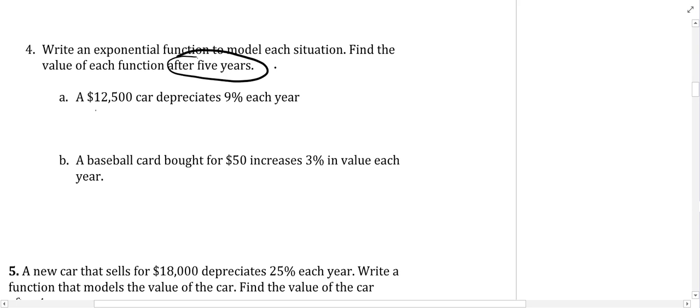Okay, so this is the initial value. So we know A equals 12,500. 9% is the rate. And if we write this as a decimal, we move the decimal place over. Okay. And we're going to be using y equals a times 1 minus r raised to the x. So this is y equals